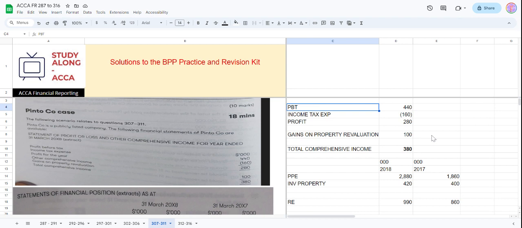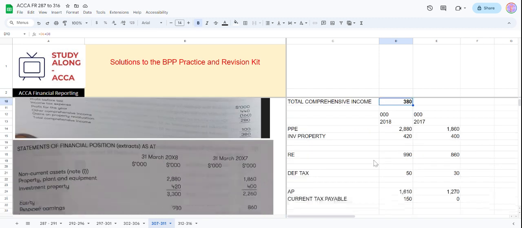We have this information. The PBT is 440. Income tax expense is 160. Profit is 280. Gain on property revaluation is 100. So the total comprehensive, which is your OCI, and total comprehensive income is 380 then. And then from the balance sheet, prior year and current year information are available in